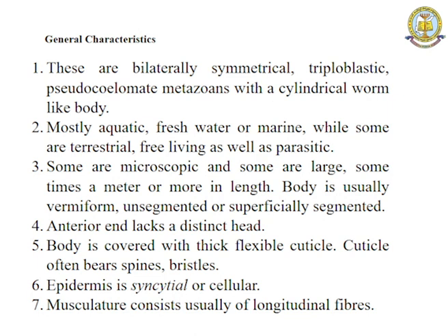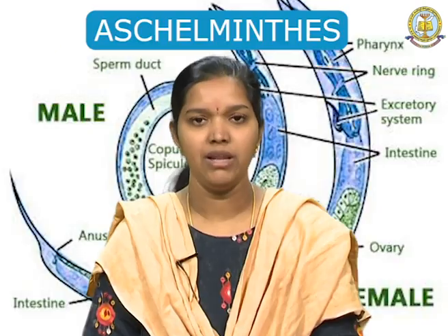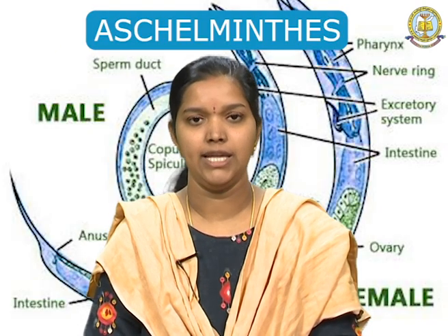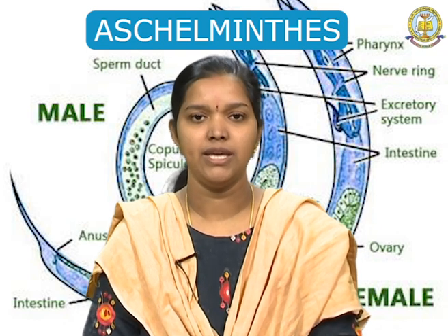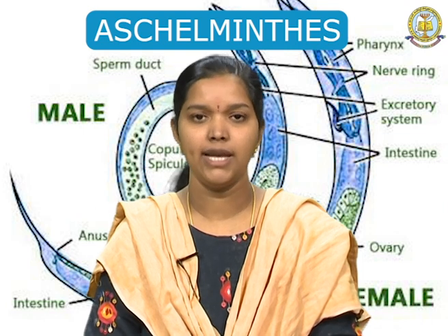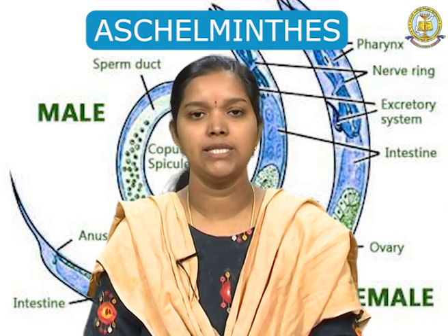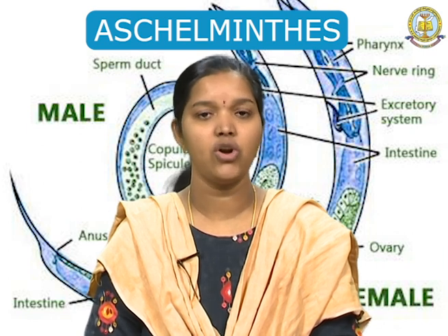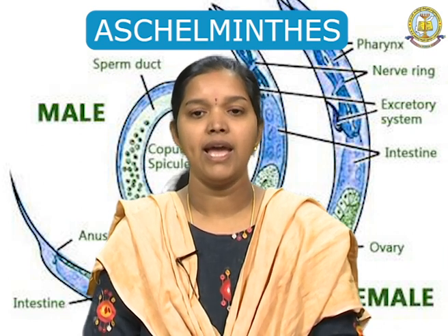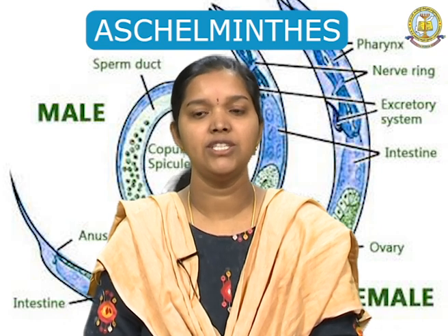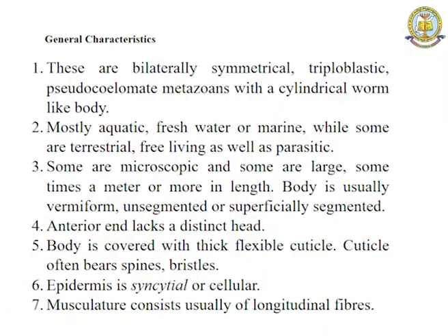Now we will look into the general characteristics of the Aschelminthes. They are of bilateral symmetry, that means the organisms can be divided into 2 equal halves, and they are triploblastic in nature, that is they have 3 germ layers like mesoderm, ectoderm and endoderm. They are pseudocoelomates, that is they have a coelom which is not of mesodermal origin, and they are metazoans with a cylindrical worm-like body. They are mostly aquatic, freshwater or marine, and some are terrestrial, some are free living